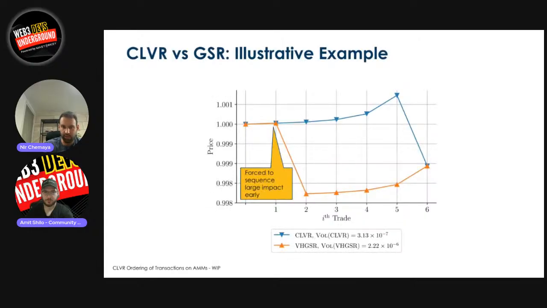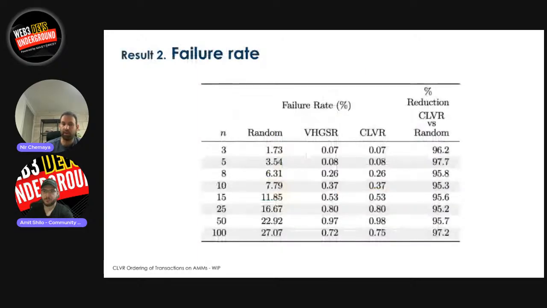So one benefit of having a transaction ordering rule, either GSR or Clever, both of them give very nice results, is that if we're going to have a transaction ordering rule in AMMs, let's think about AMMs scaling up. One issue is that there are not many papers about transaction ordering on AMMs currently, because even though the volume is massive, there is not so much traffic in terms of transactions. Currently in Ethereum, even the most active liquidity pools have less than 3 to 5 transactions in a block. So when you have a very low number of transactions in a block, transaction failures and price manipulations have less